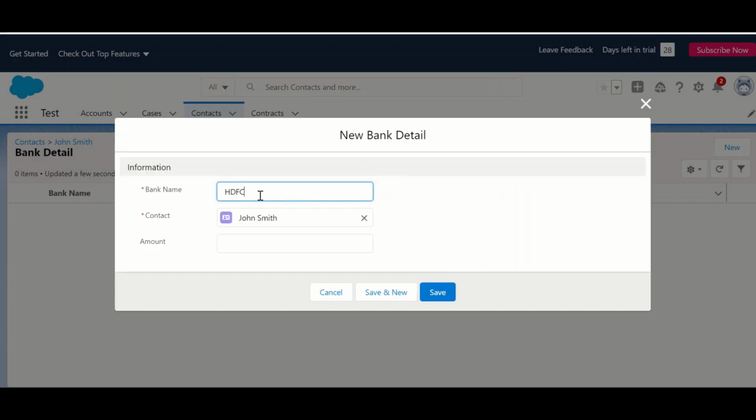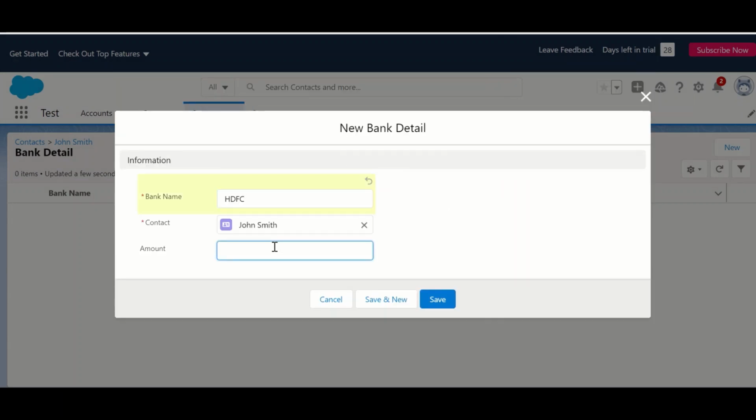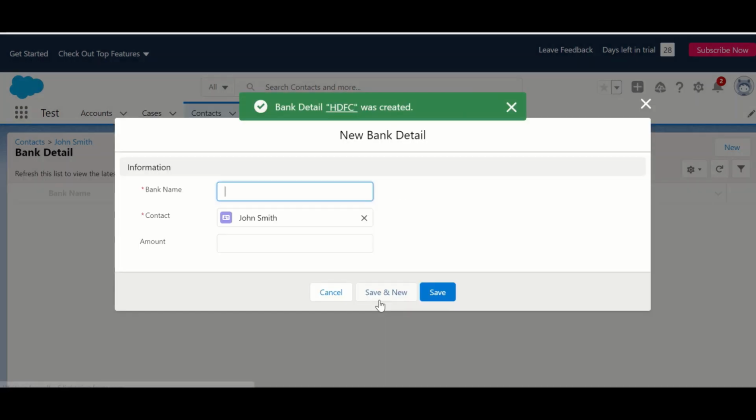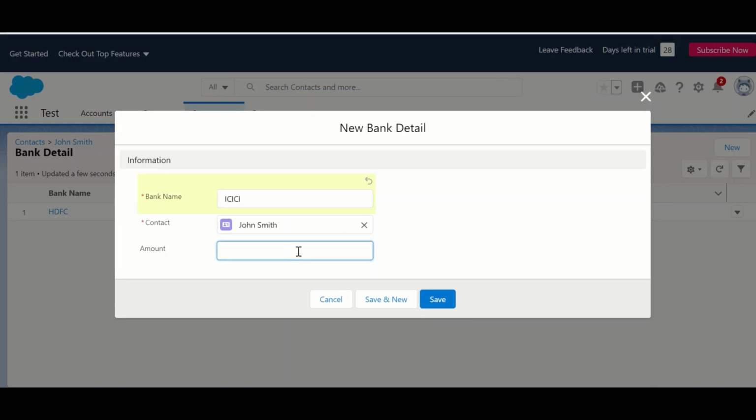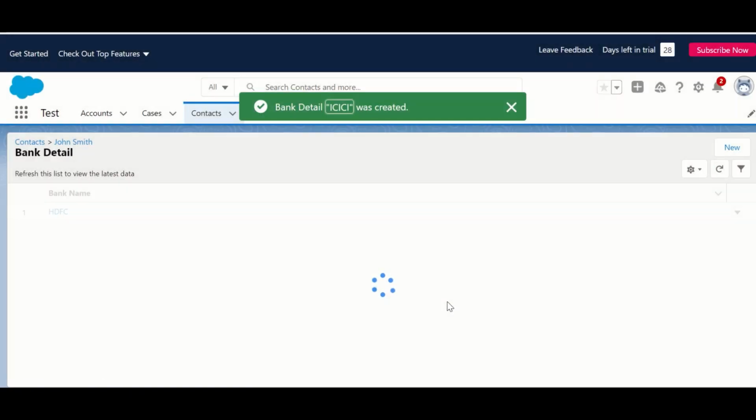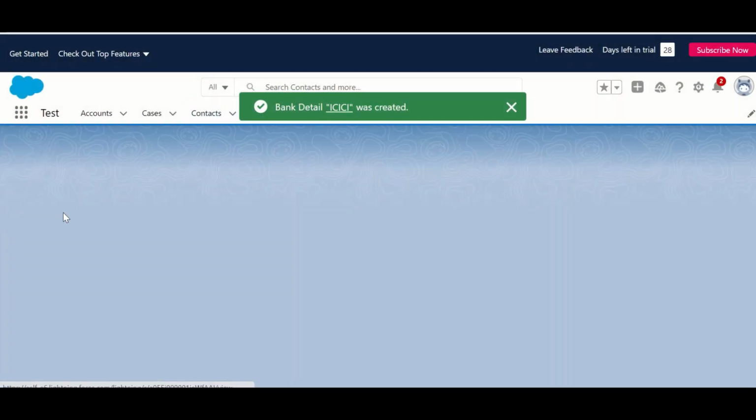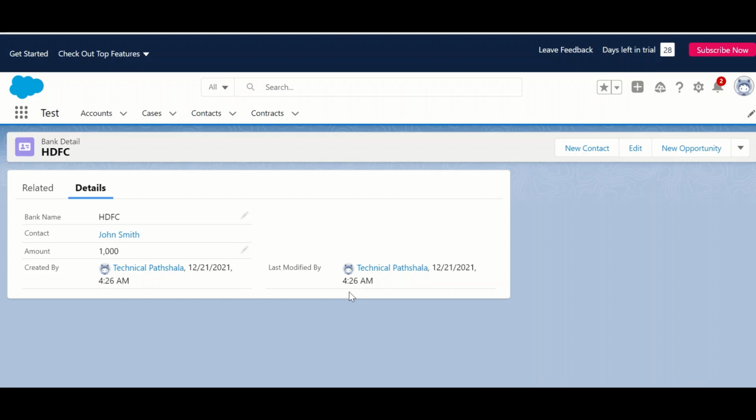Bank name SDFC, amount 1000. Create another record, ICICI, amount 2000. Save this. So now this contact has two related records for bank details, one for SDFC and one for ICICI, and each record has 1000 and 2000 as amount.